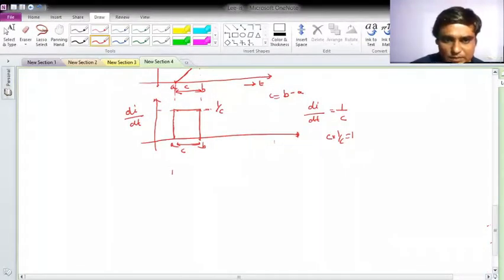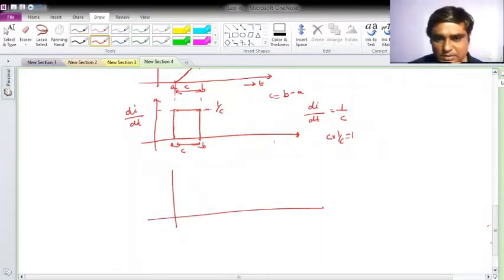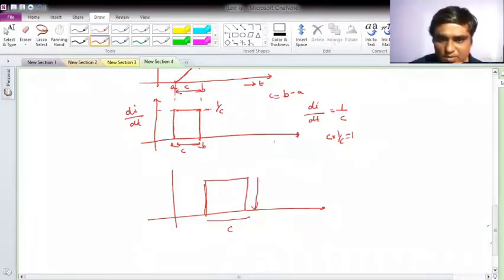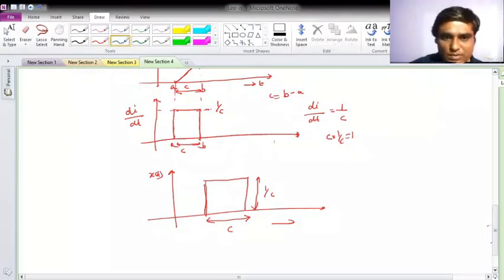Say I have one box function like this. This is c and this is 1 by c. Okay, so the area under this function, say the function is x of t, so the area under the curve is 1. Okay, now I will reduce c. So what will happen? c will reduce like this. So ultimately, as my area under the curve has to be 1, your height will increase. Okay, so this height will be 1 over c.